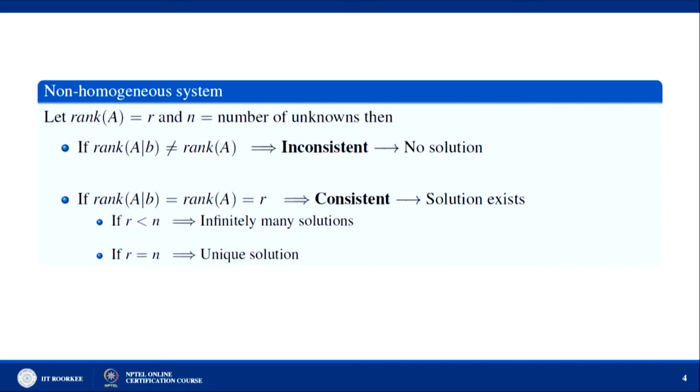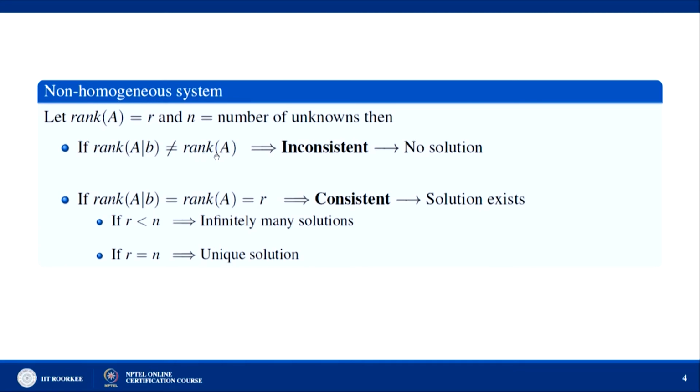Clearly, rank of augmented matrix is greater than or equal to rank of A. Now, if you talk about consistency or inconsistency in a system of linear equations, then we have already discussed that if the rank of the augmented matrix is not equal to the rank of A, meaning greater than, this means the system is inconsistent. If the rank of the augmented matrix is equal to the rank of A, equal to R, then this means consistent. If R is equal to the number of unknowns, it means unique solution; if R is less than n, this means infinitely many solutions, as we have already discussed.